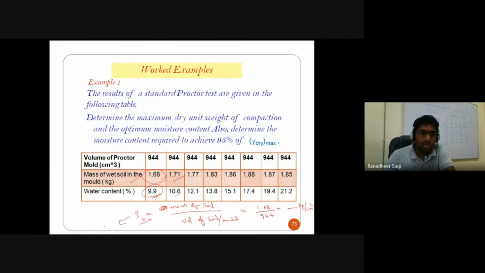Then from this known bulk unit weight value, I can try to get your dry unit weight value, okay, a dry density value. So for case 1, case 2, case 3, case 4, case 5 and so on, once I have all that data, then we know that we can go on to plot a graph like what we have talked about in our previous class. So we will be indicating water content on the horizontal axis and your dry density on your vertical axis.